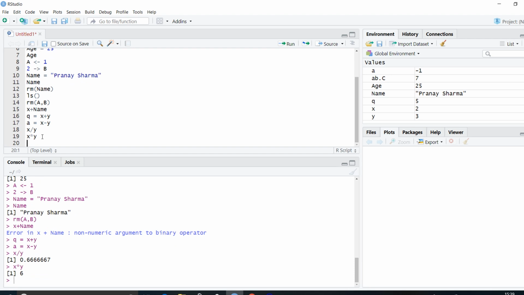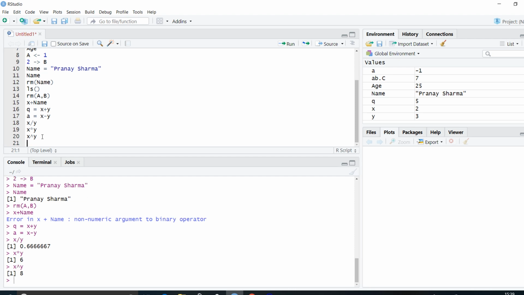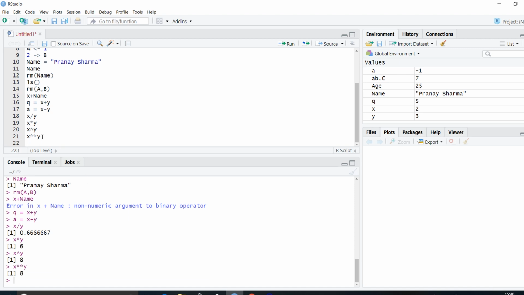We can use powers. I can say x raised to y. This is the sign, upper arrow or upper whatever we can call it, can be used for our power sign. So we'll have x raised to y. So 2 raised to 3, we should get an 8. If I press Ctrl Enter, we can see that we have 8. And we can also use double asterisk marks. x star star y is also x raised to y. Control Enter. So we get 8 again.